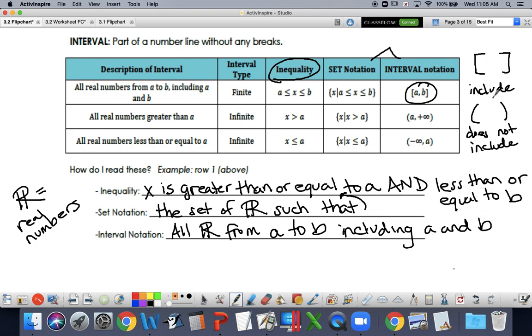Because the brackets tell me I include and the parentheses would tell me I don't include. So that is how we say these intervals out loud. Let's go ahead and flip to our second page, and we're going to get some practice with how to write